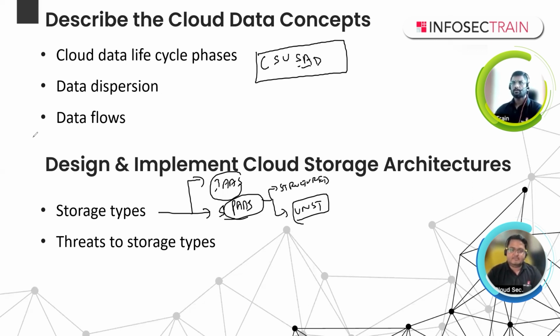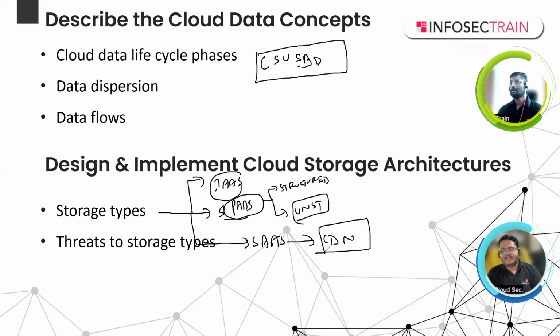Another important thing, we have SaaS. In SaaS, we also have a different type of storage. Especially we talk about CDN, right, Krish? The biggest advantage of CDN is that it improves accessibility and reduces latency. But because of the decentralized nature, confidentiality is a concern, and legal and regulatory needs have to be reviewed before using a CDN. Location is the biggest concern.